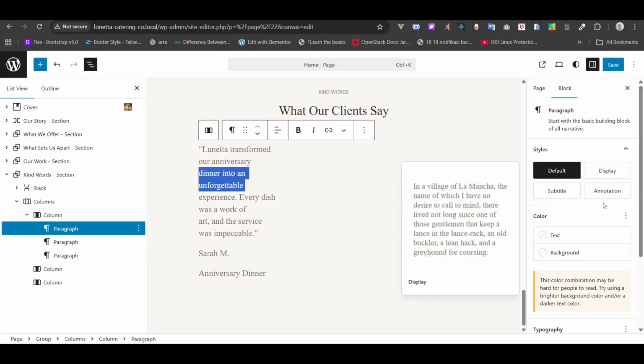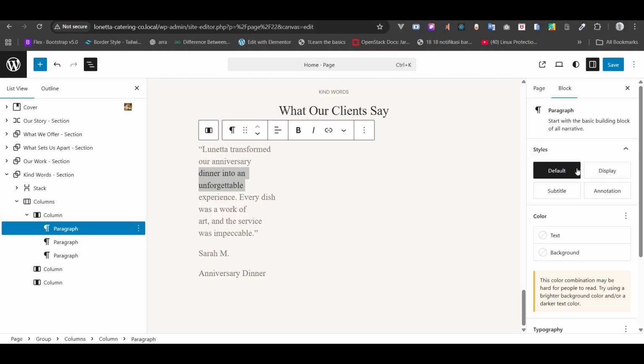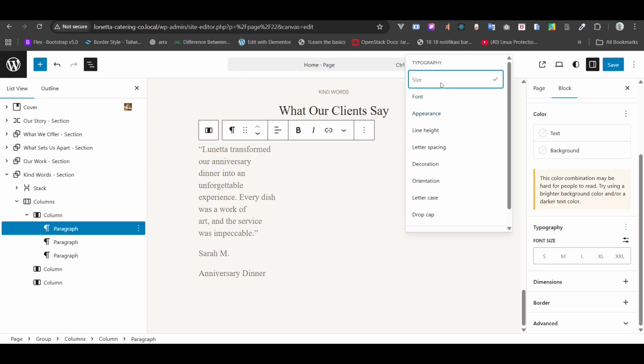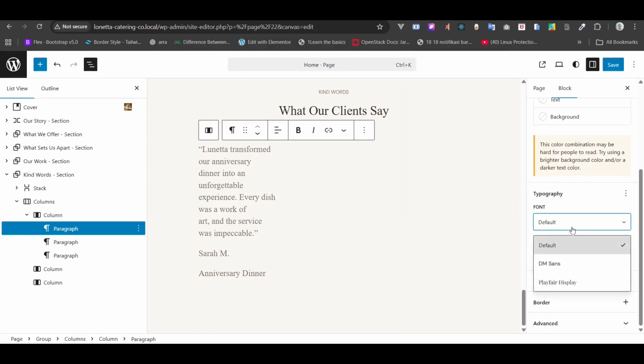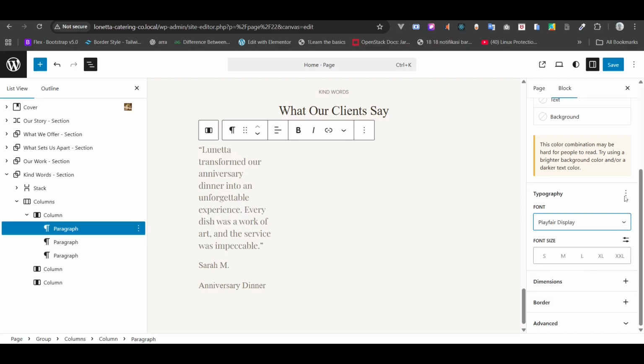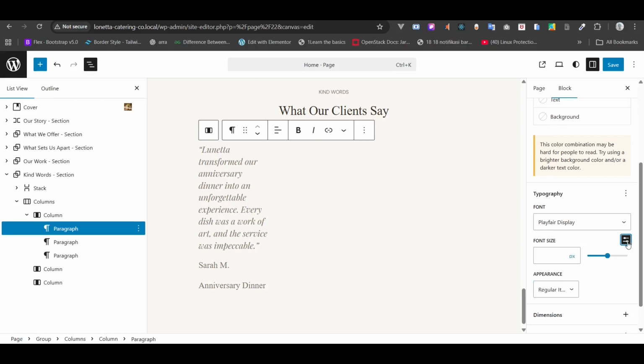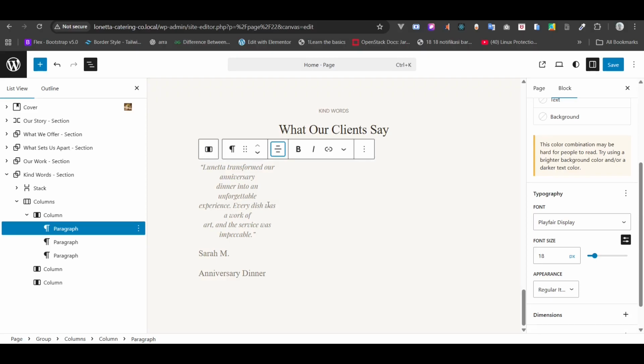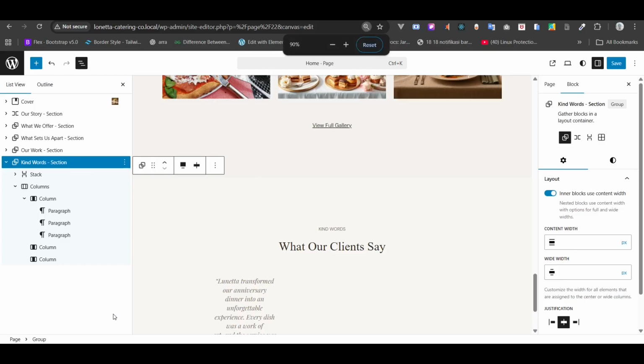Okay, first let's change the font size or let's change the typography to DM Sans, and for appearance I want to give it regular italic, and for the font size 18 pixels and align center. Let's see,